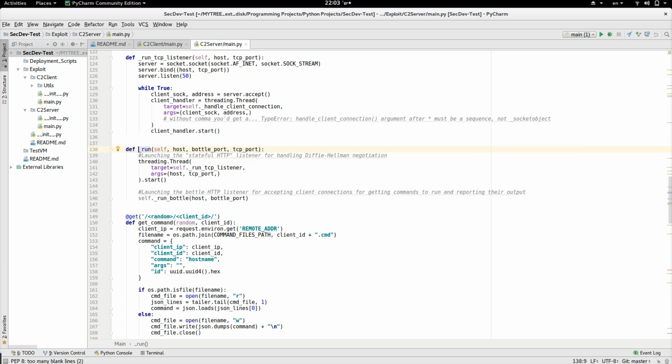The bottle port is actually the port that will be used to serve HTTP requests by using the Bottle framework. If you are not familiar with the Bottle framework, it's kind of like Flask. It's a simple micro framework that allows the programmer to develop applications that respond to various different types of HTTP requests. So I'm using this framework to provide that ability to the server side, and also the TCP port that will be used, as I mentioned earlier,